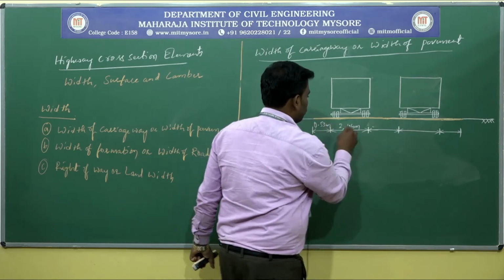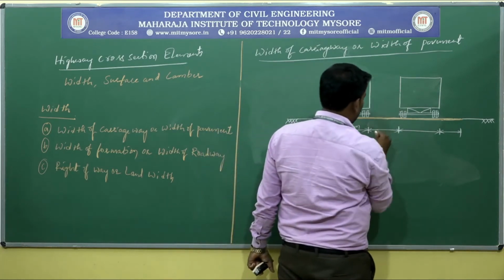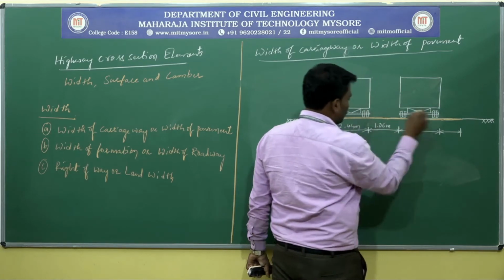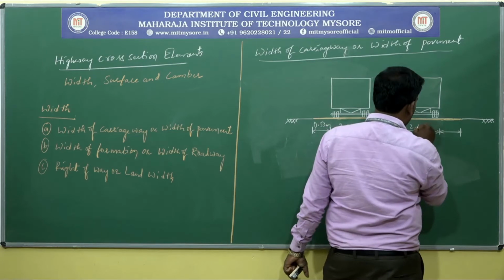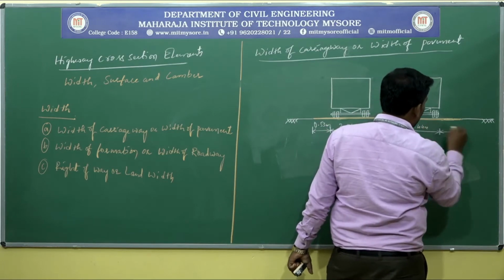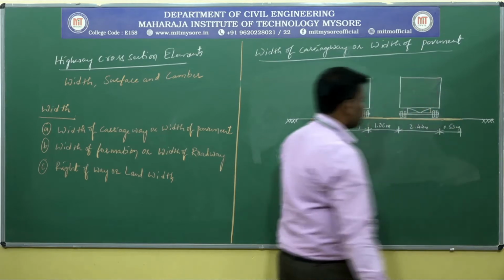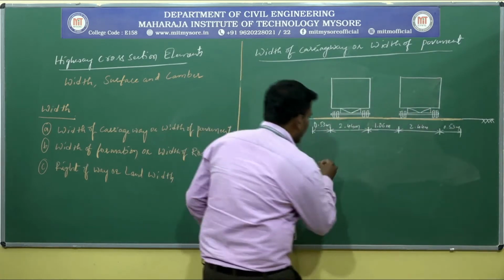Center clearance is about 1.06 meter, and the width of the vehicle is about 2.44 meter, and the side clearance is about 0.53 meter. Okay, this is the lane width